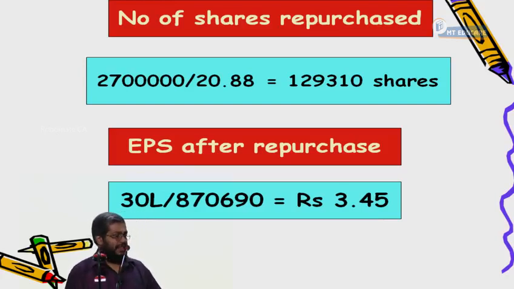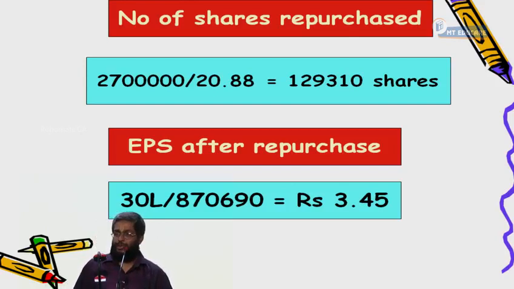Now, with this, we have completed this particular concept called share buyback or share repurchase. Lintner's model, I'll come back and do it. It's a small issue. Now, I want to start the new chapter, portfolio management. With this, we completed dividend policy.